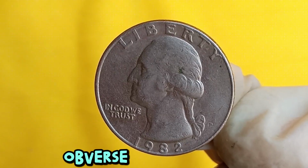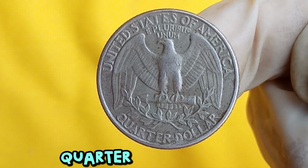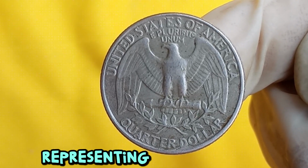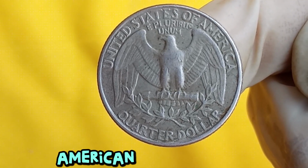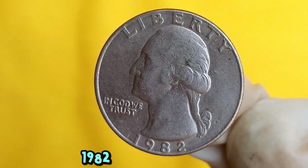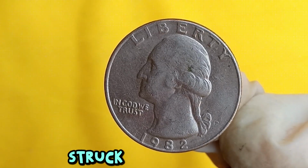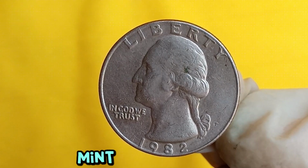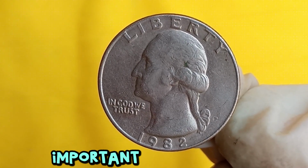Look closely at the obverse of the 1982 P Liberty Quarter and you will notice the word Liberty proudly displayed across the top, representing one of the most powerful ideals in American history. Below the portrait you will find the date 1982, marking the year this coin was struck. The small letter P near the portrait represents the Philadelphia Mint, one of the oldest and most important mint facilities